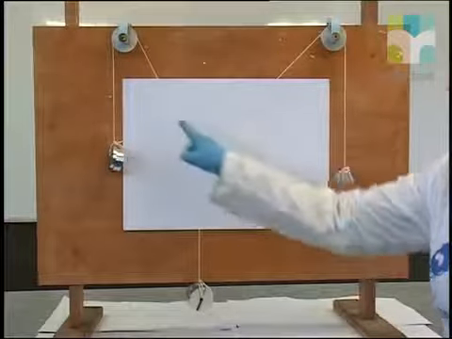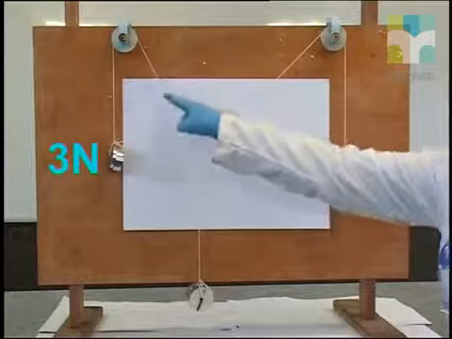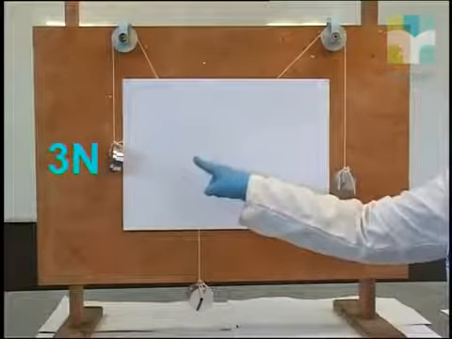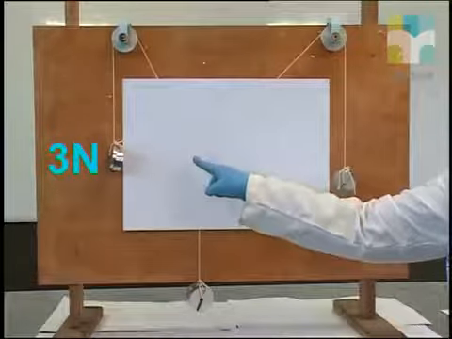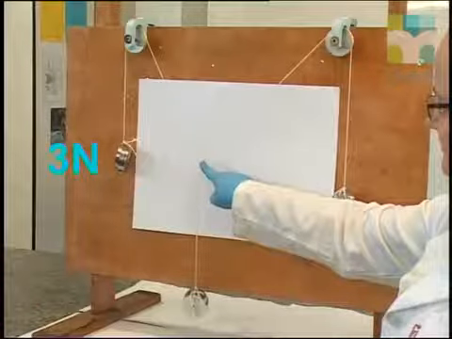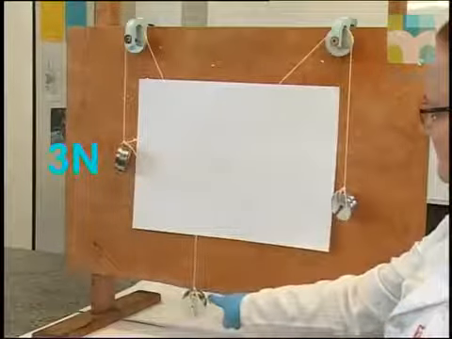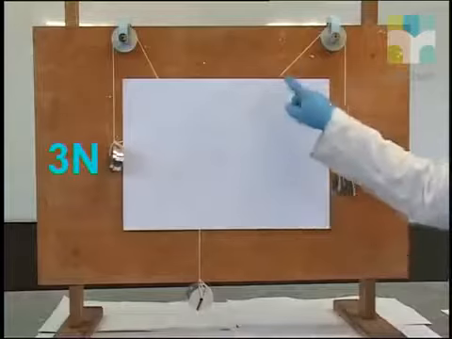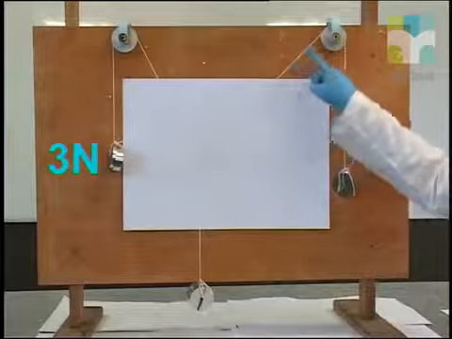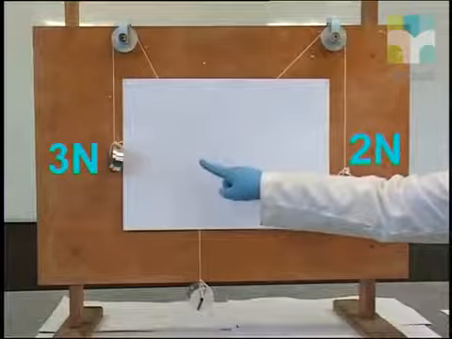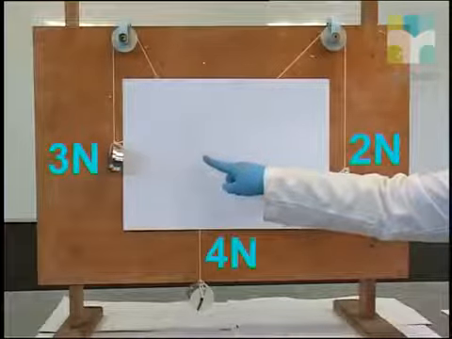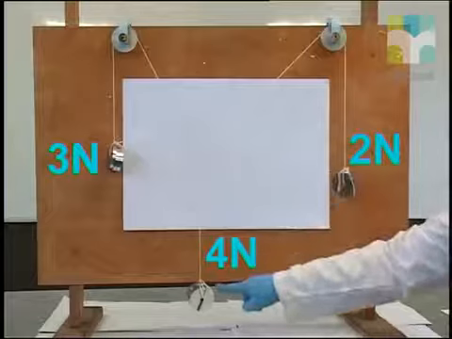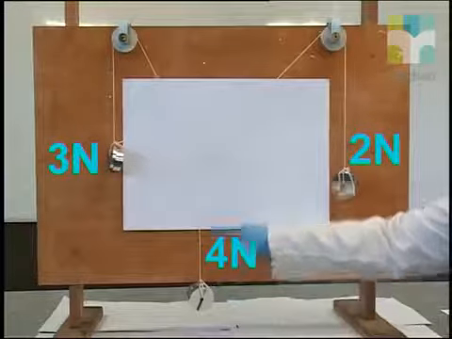The mass on the string has a 3 newton weight on it. The pull in the string is called the tension in the string. The tension is the same all the way down the string and all the way to the knot, here. In this string on the right, the tension is 2 newtons all the way, and the force in this middle string is 4 newtons. This 4 newton force acts vertically downwards,